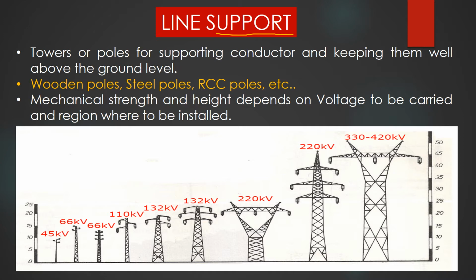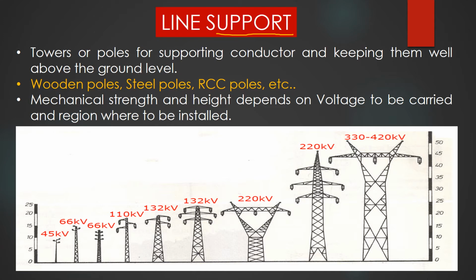Line supports are of various types such as wood, steel, iron, RCC, etc. The main requirement of line support is high mechanical strength. They should possess high mechanical strength. They should be light in weight and cheaper in cost. They should have low maintenance cost. They should possess long life. They must have a good looking structure and easy accessibility. These are generally the main requirements of line support.